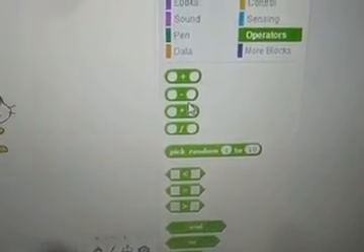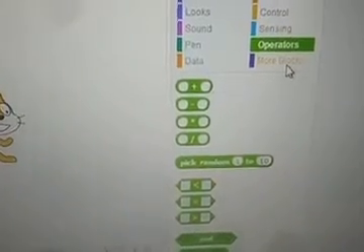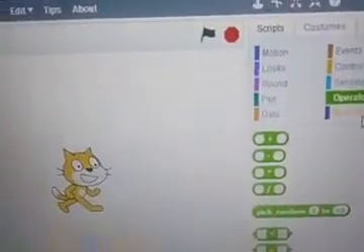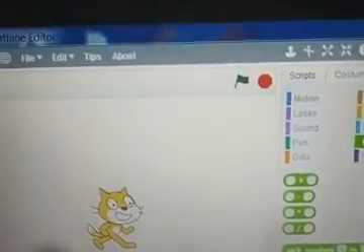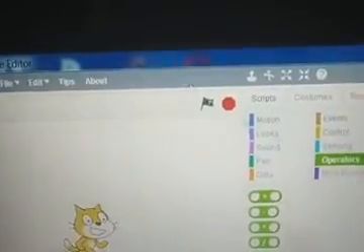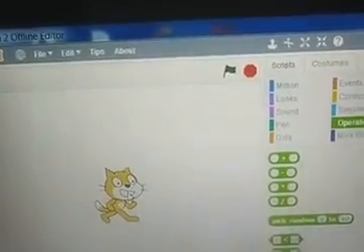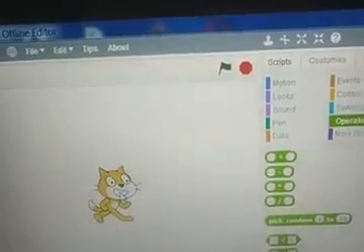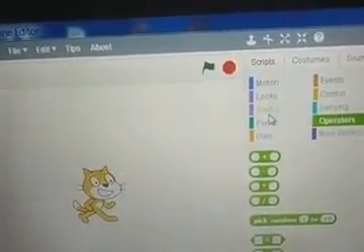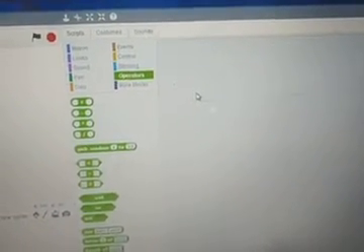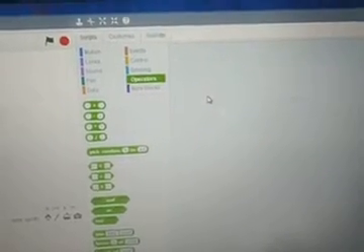Last one is that we are going through more blocks in categories, where we can go through more and more script blocks and perform the tasks. So now we have identified the menus and menu tools. These are all flagged as menu tools, stage, scripts, and sprites, and different scripts have different performance. Now we are going through the script area. The right side of your screen is known as the script area, where we are writing the code or moving the blocks and modifying the code as per our need.